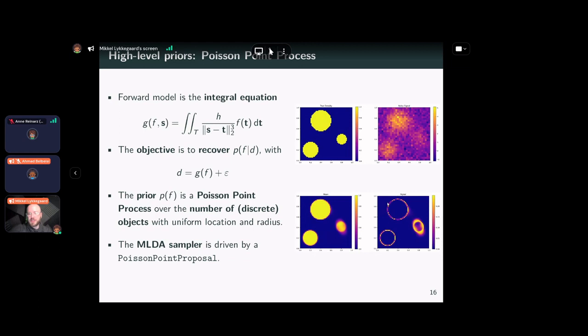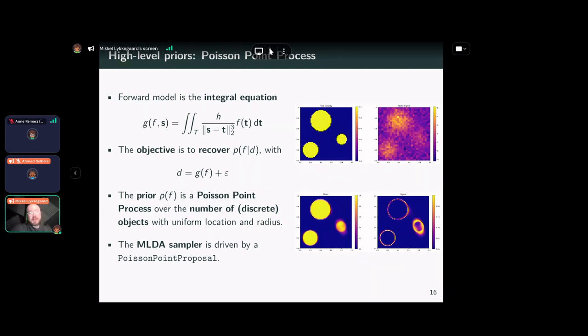It should be variance. So this is the variance of the posterior distribution. So what you can see here is that this rightmost blob is almost invisible here because of all the noise in the signal, but we can actually recover it using these Poisson point process priors. And yeah, you can see this ghostly variance around it.